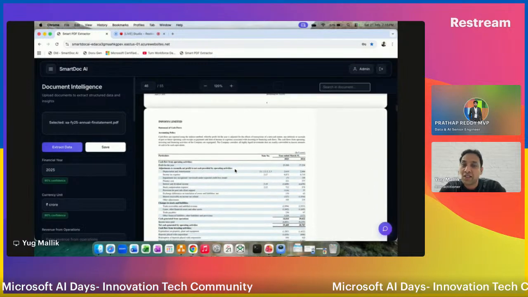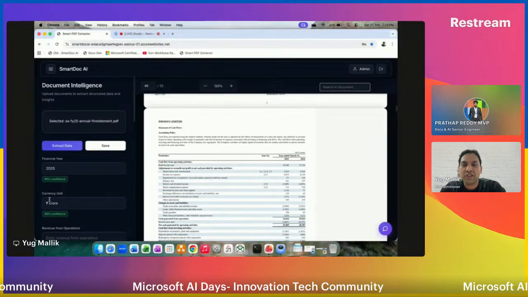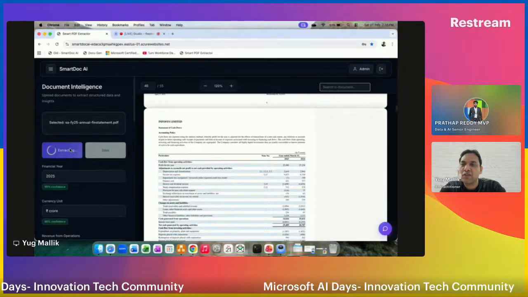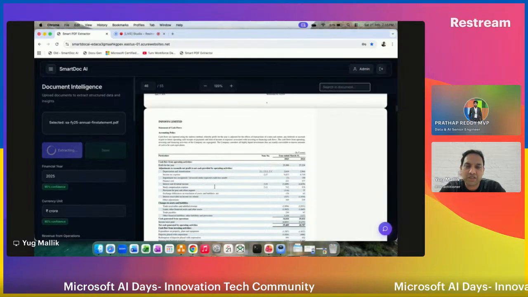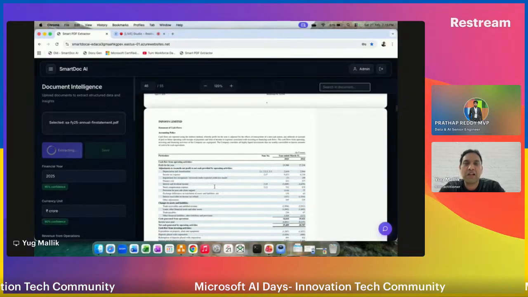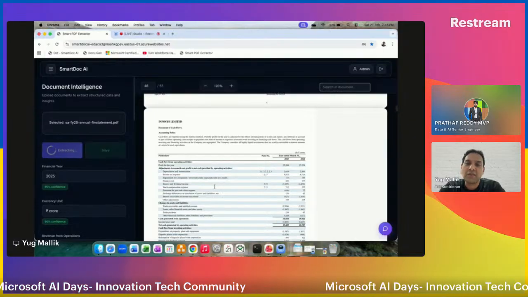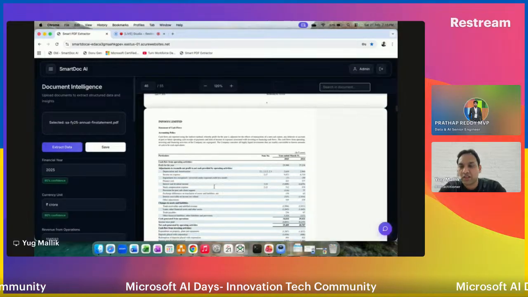If someone had to manually go through this document to pull out the information that we need, it would have definitely taken more than 10 minutes, because these are number games. Any mismatch in a number might cost us at a later point in time, and can also trigger compliance related or other audit related issues.